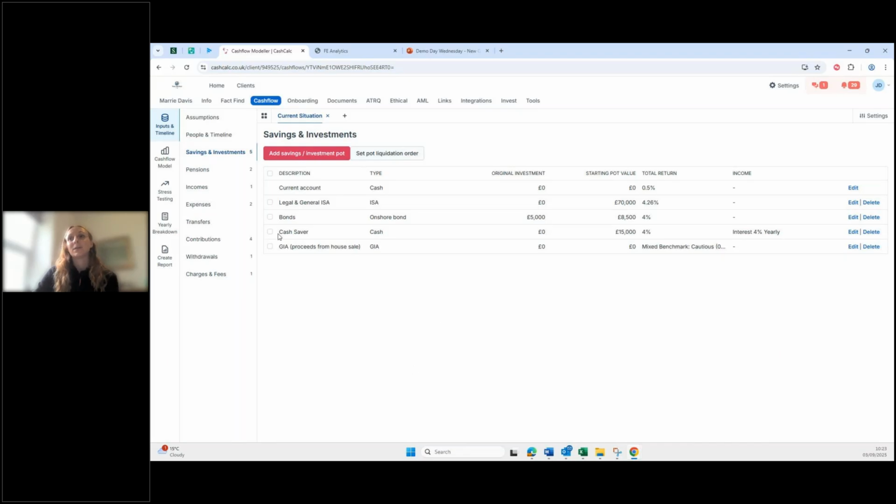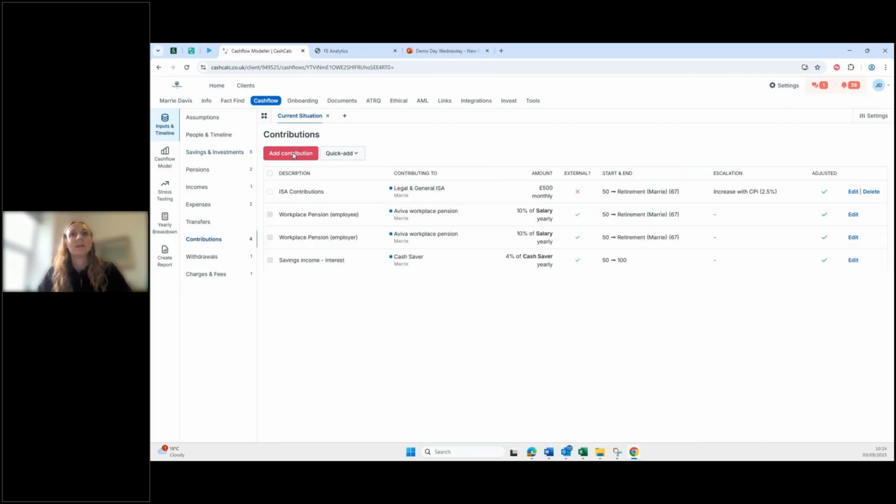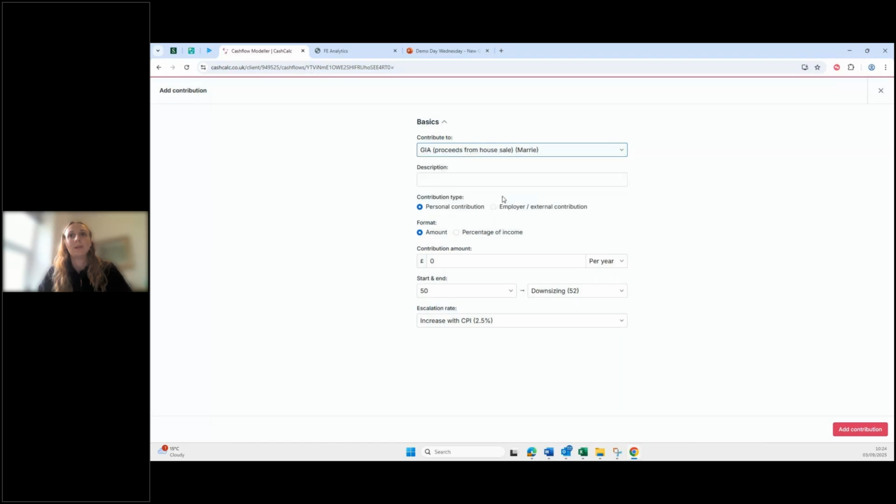Now, because the sale of the property is not due to happen for a couple of years, the method that I'm showing now can be used for any circumstance where a client is going to have a large injection of capital, but not yet. So we've set the pot up empty at the start of the forecast, and if I go to contributions and add a contribution to that pot,